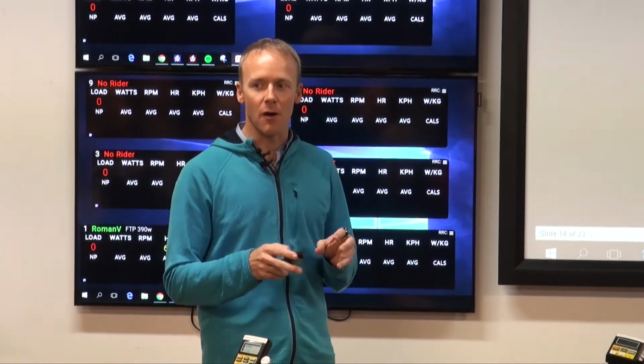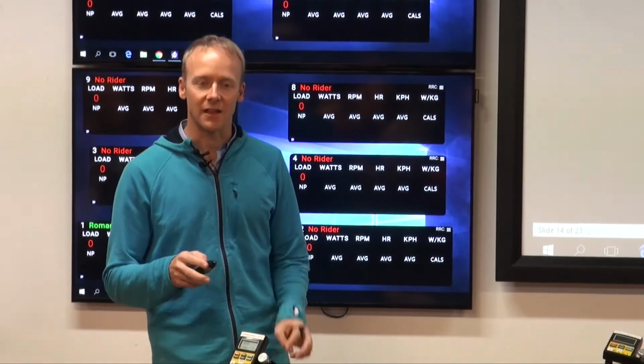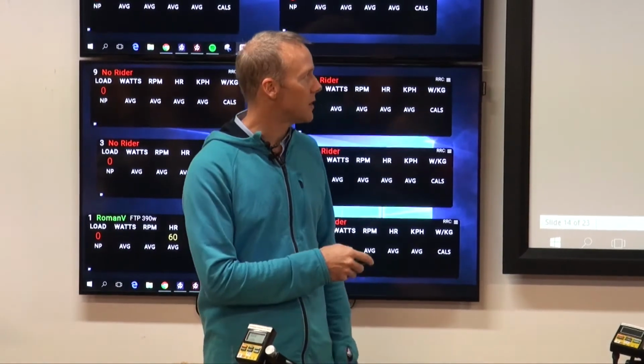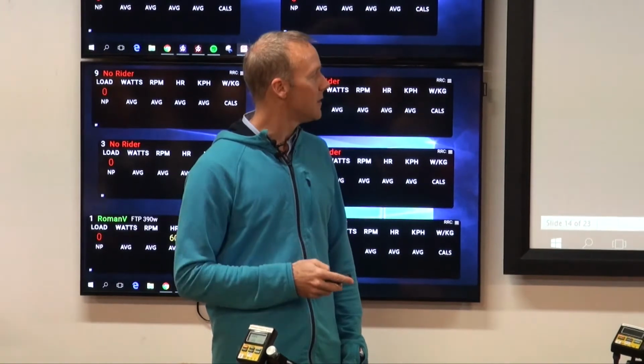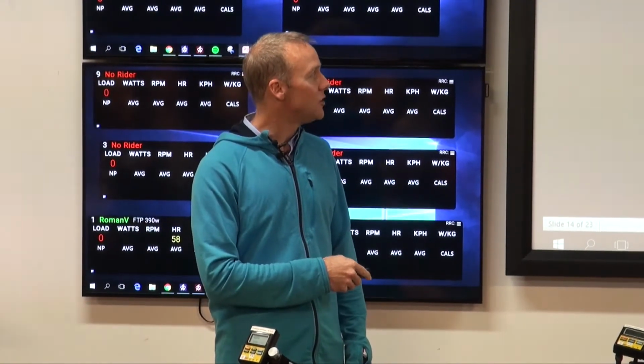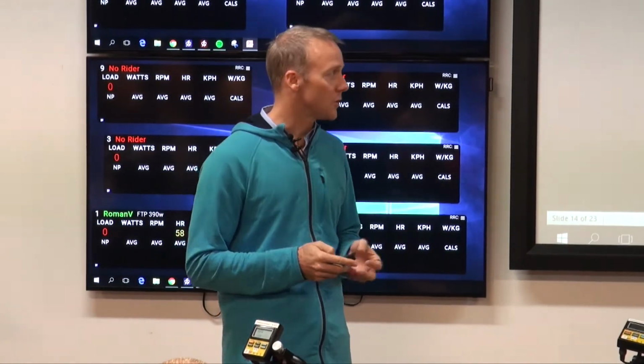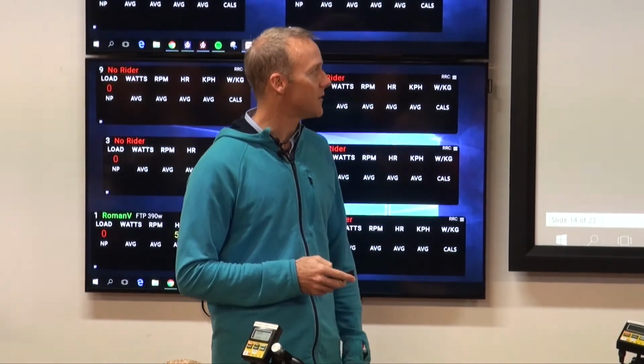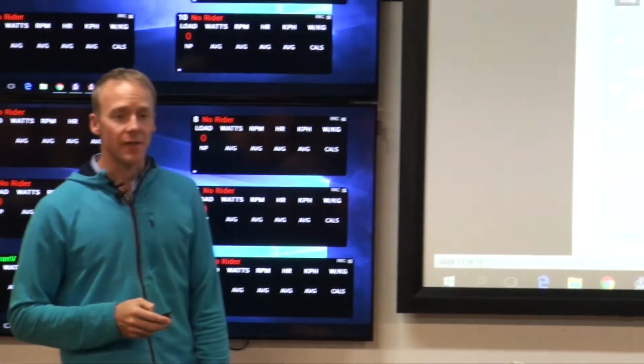So this is a global general formula, but if you know your max heart rate, then modify accordingly and just take 40 off of that. That generally tends to be where your aerobic threshold is, your first ventilatory threshold, or your MAF heart rate. You should be doing the majority of your training in this ballpark, at least 80% according to the polarized training studies that are out there. And this is what it looks like.